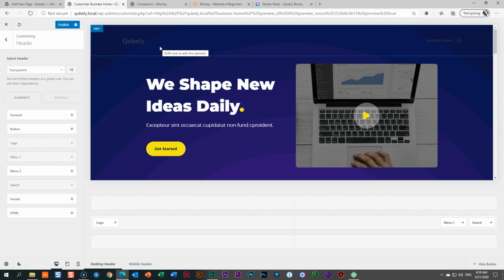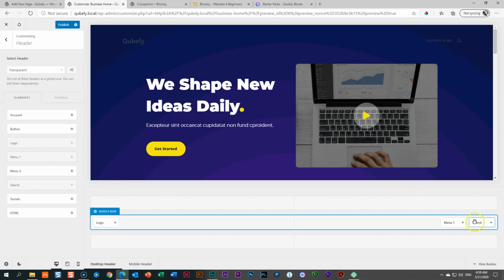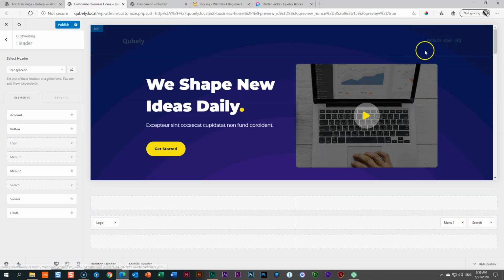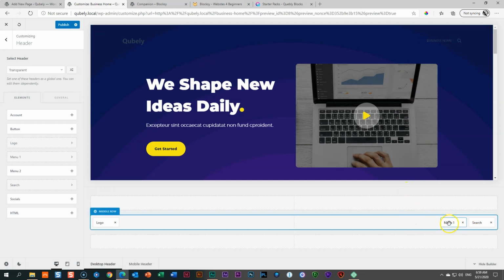This is the great thing. This transparent header builds out by itself here at the bottom. So currently you can see there's a menu, there's a search option, and there's a logo. And I can make changes to them. So to change the color design of my menu, go here to Menu,